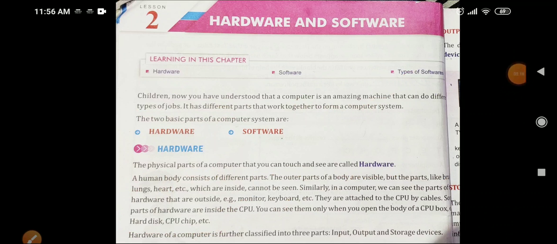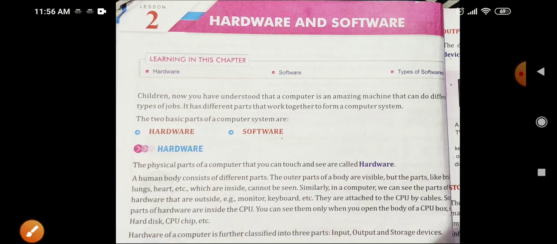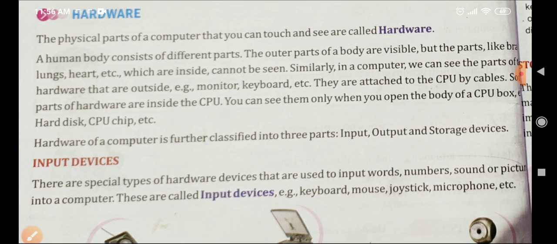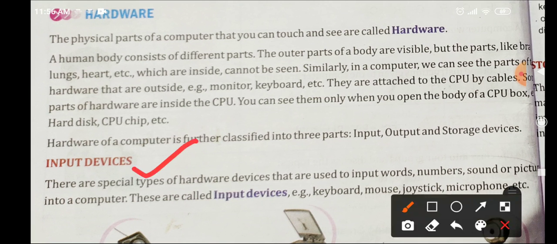Now hardware is also divided into three parts: input, output and storage. First we will talk about the input parts. What are input devices?